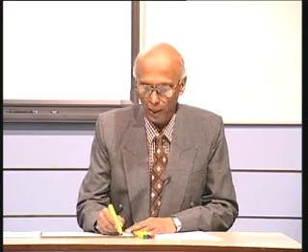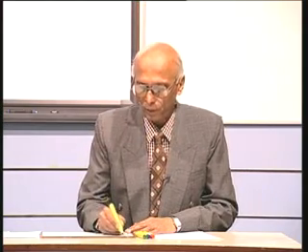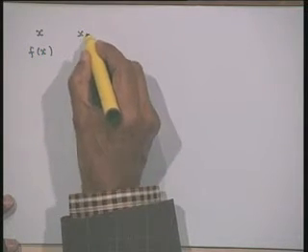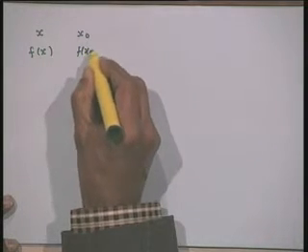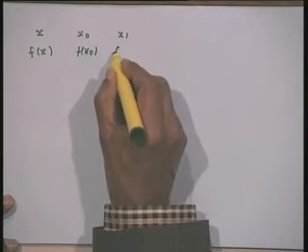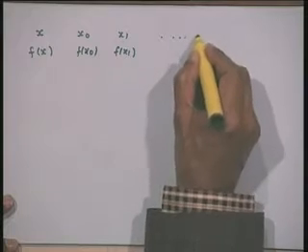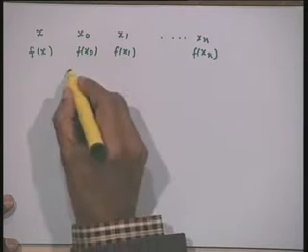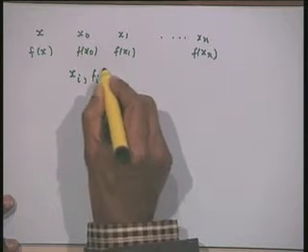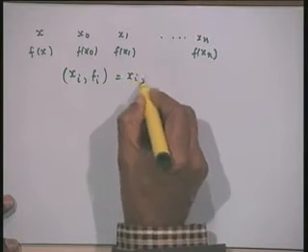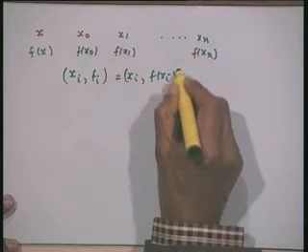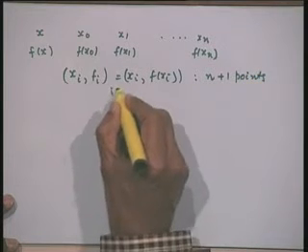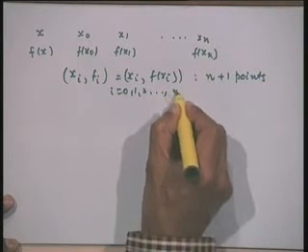So, for example, if I take x as a variable and f(x) as the dependent variable, I may have a set of values given to me: at a point x_0 I have been given a value f at x_0, at x_1 a value f at x_1, and so on. I am given these n plus 1 values, denoted x_i, f(x_i). These are n plus 1 points at which the data is given to us, so i is going from 0, 1 to n.